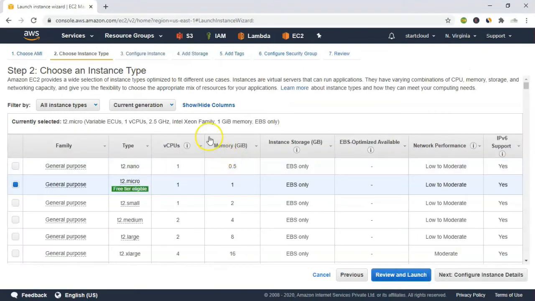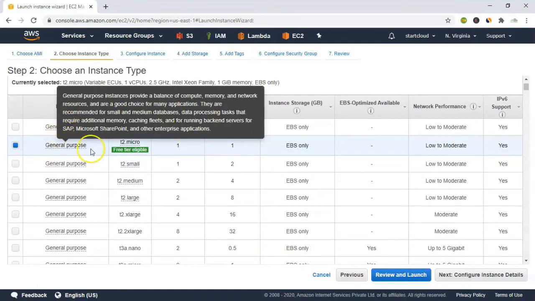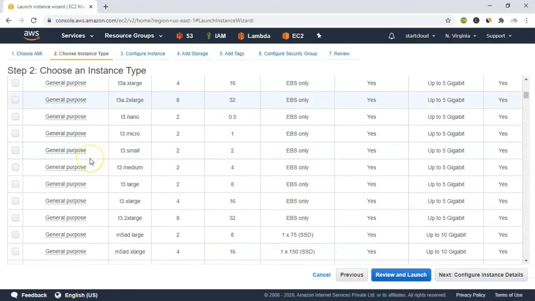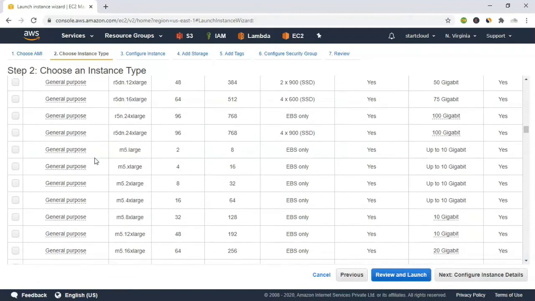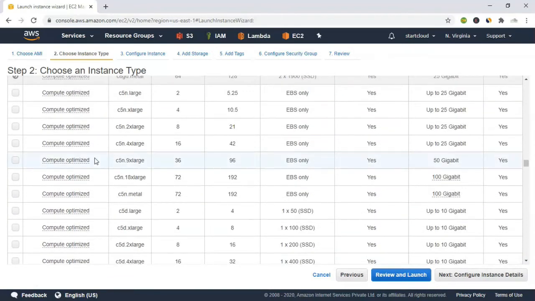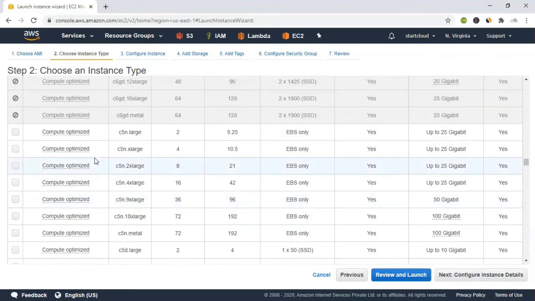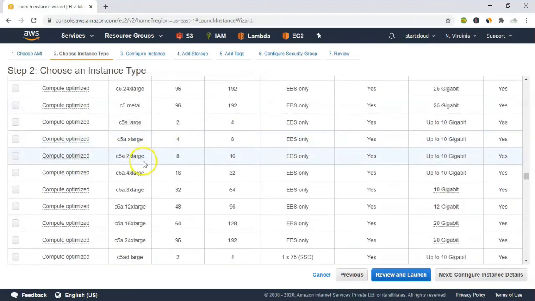Now we are on the second step, wherein we have to choose the instance type. There are multiple instance types like general purpose, and as you scroll down you get multiple different instance types. Under the free tier we have only general purpose T2 micro, and if you go for compute optimized and other types, then we'll have to pay for that.